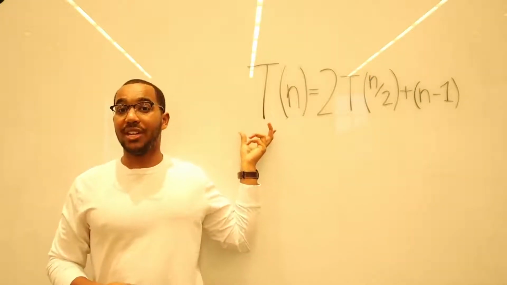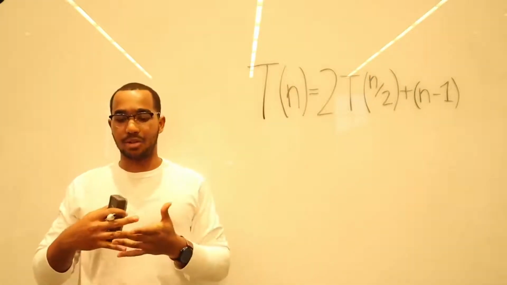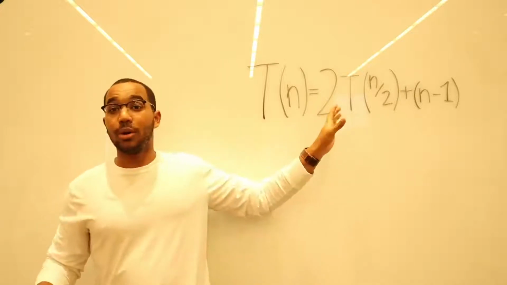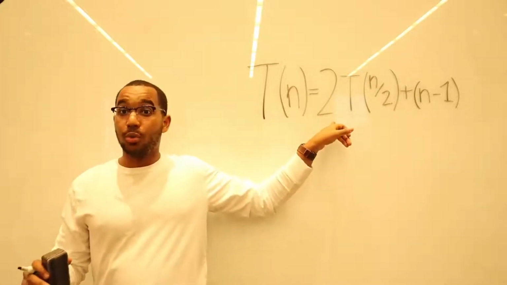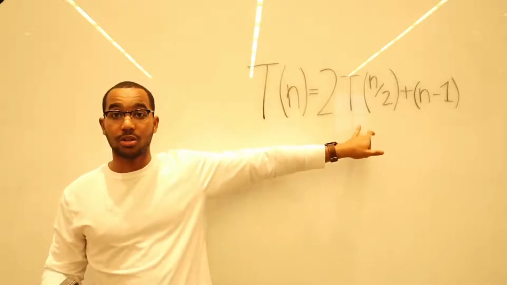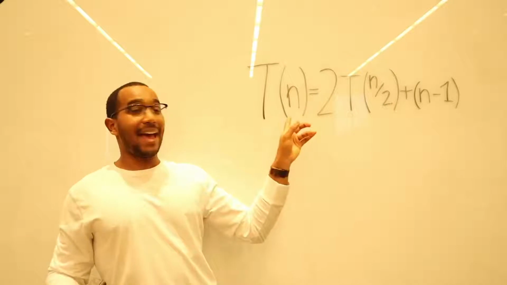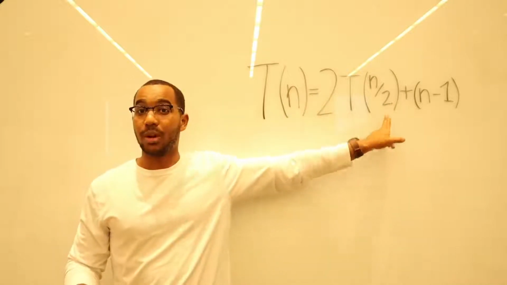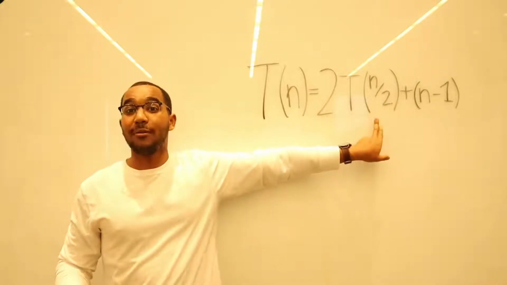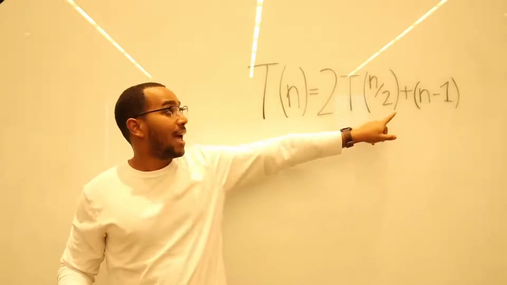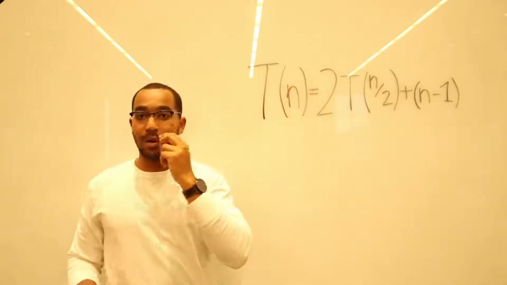This function, given an input of n, it might be string length, it could be anything. What we're going to do is make two more recursive calls with half of the inputs, n over 2. This n becomes n over 2. Two recursive calls call the same function with half the input, and this plus n minus 1 over here is